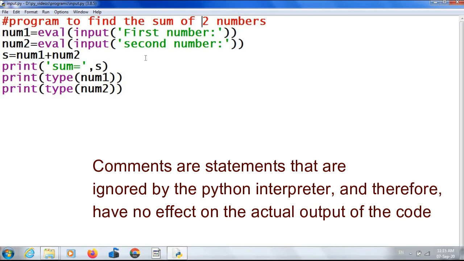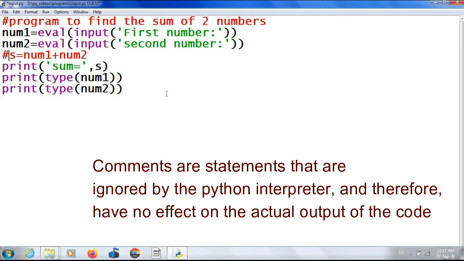That means if you want to give some information about your codes or your statements, you can give a note on that. Here itself you can see it gives the purpose of this program, to find the sum of two numbers. See, here I used the hash symbol at the beginning. So if you put a hash before any statement or any sentence, it will become a comment. See, hash. This statement will not be executed.